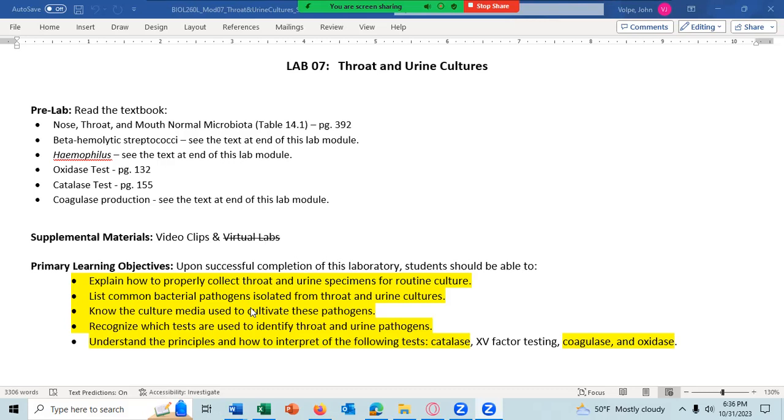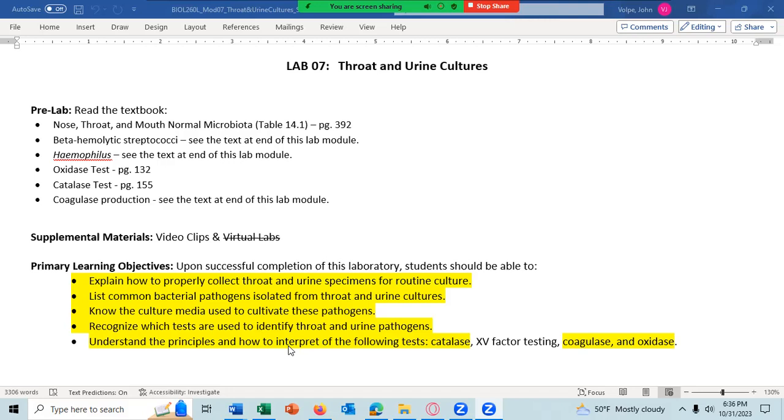The learning objectives. 1, explain how to properly collect throat and urine specimens for routine culture. 2, list common bacterial pathogens isolated from throat and urine cultures. 3, know the culture media used to cultivate these pathogens. 4, recognize which tests are used to identify throat and urine pathogens. And then 5, understand the principles and how to interpret the following tests: the catalase test, coagulase test, and the